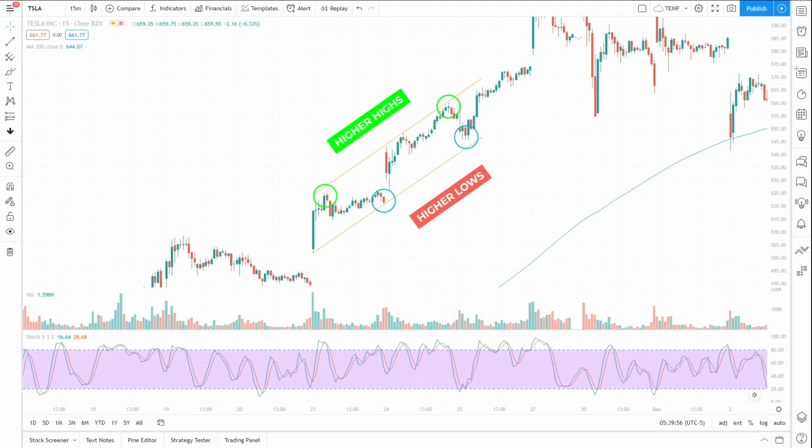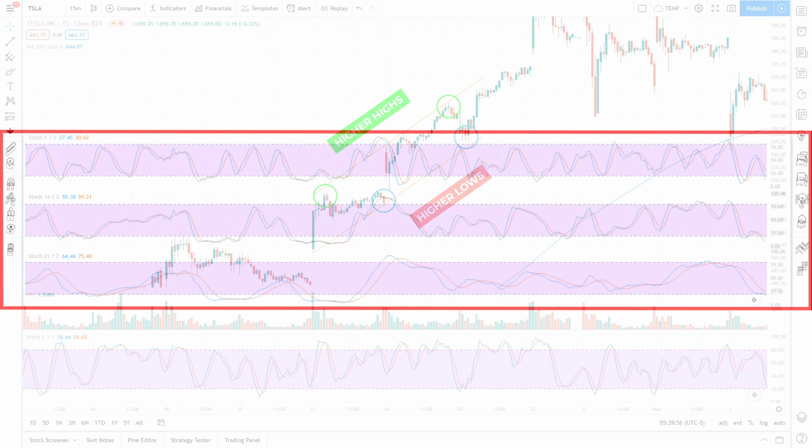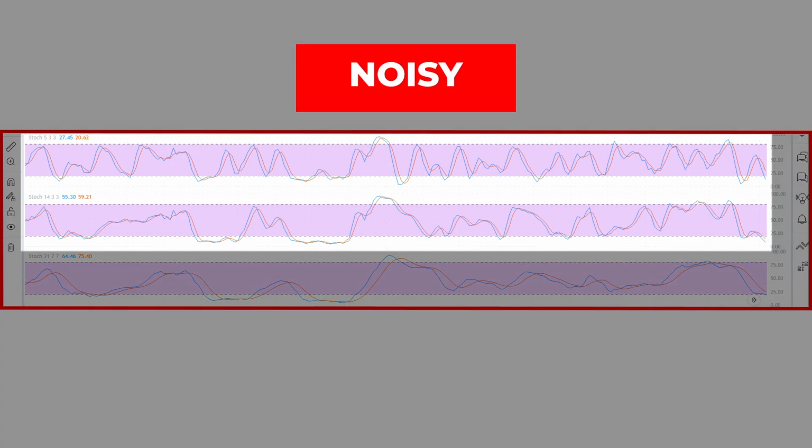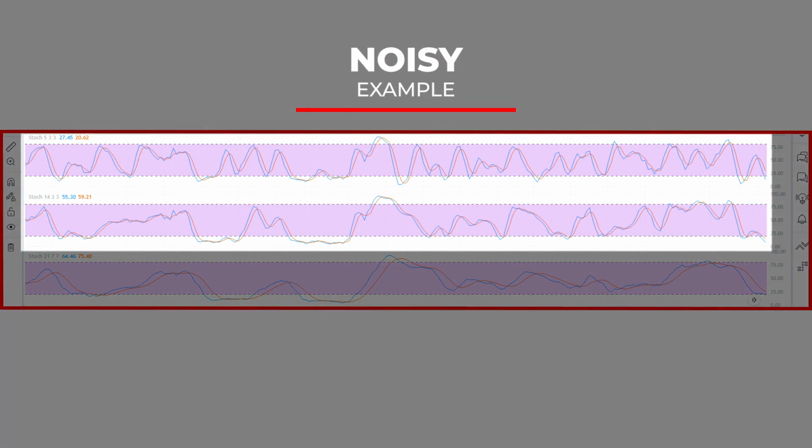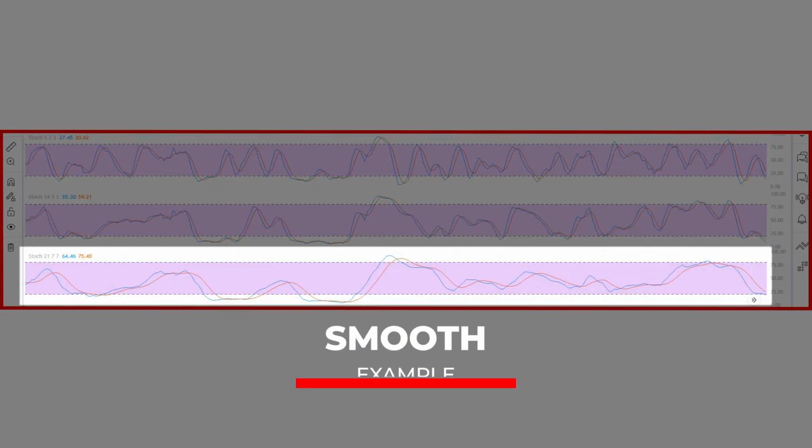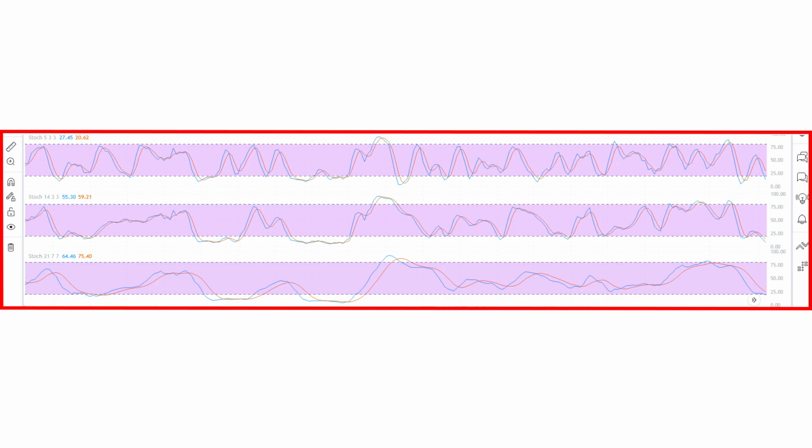It is important to understand that the shorter the look-back period chosen for the stochastic, the more responsive it will become. The trade-off for this additional responsiveness is that it will display far more noise. Noise means information that may not necessarily be useful or relevant and will have a very jagged visual appearance. In comparison, a longer look-back period, which will produce a slower moving stochastic, will appear much smoother and show far less noise. The trade-off for this is that some of the trading opportunities may not be shown on the stochastic because of how slow it is to respond.